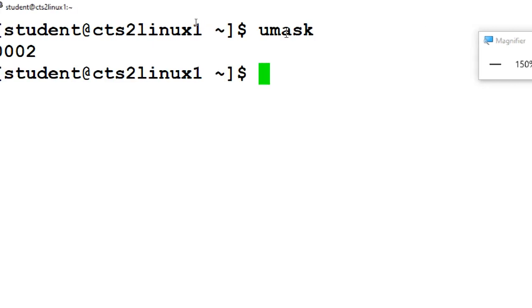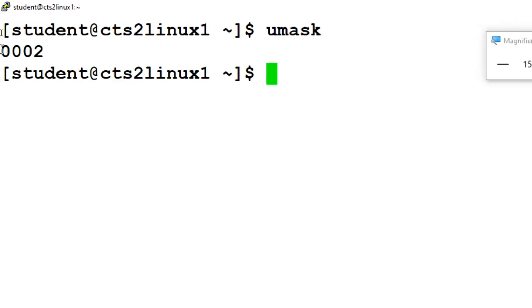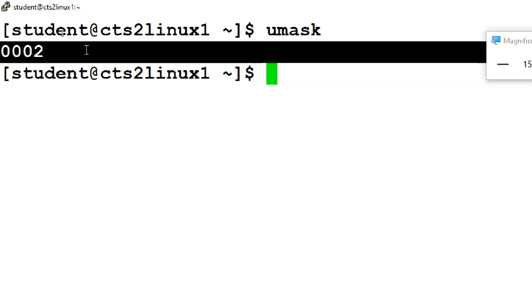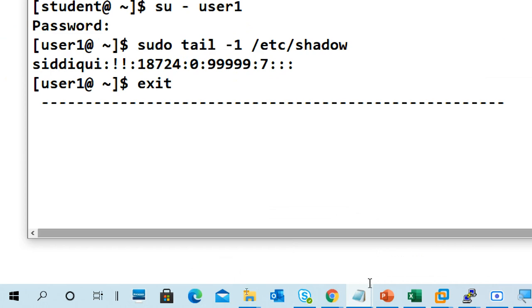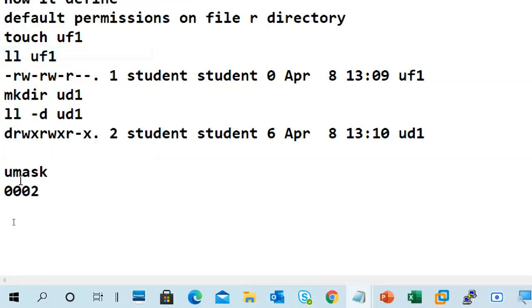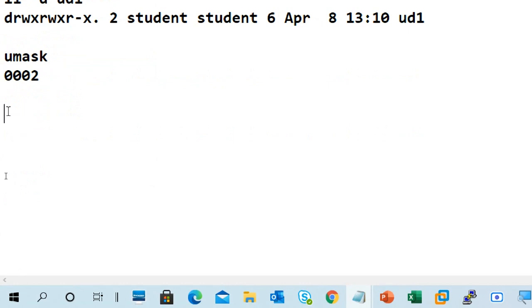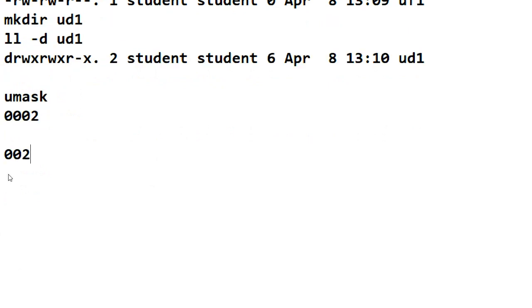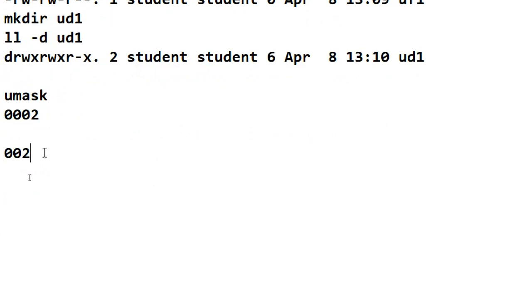When you type umask, it shows some value. So output, this is the umask value. Leave the first 0 and take the remaining value. Now we'll see how we got this permission.